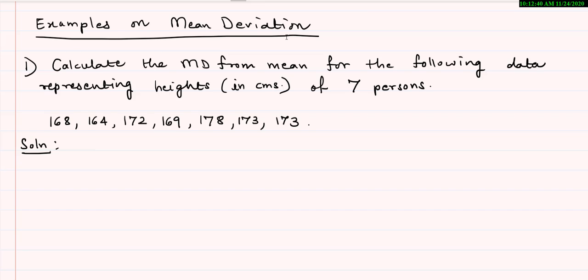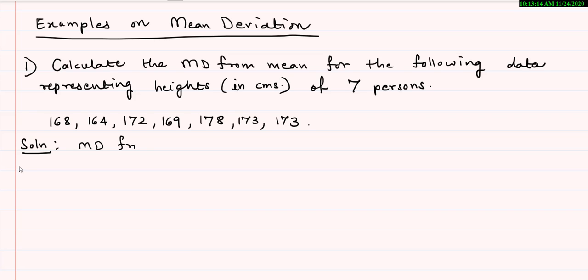Let us see examples on mean deviation. The first problem is: calculate the mean deviation from mean for the following data representing heights in centimeters of 7 persons. The 7 numbers, the heights of 7 persons, are given in centimeters: 168, 164, 172, 169, 178, 173, 2 times. So you can see there are 7 numbers over here, and now we are supposed to find out